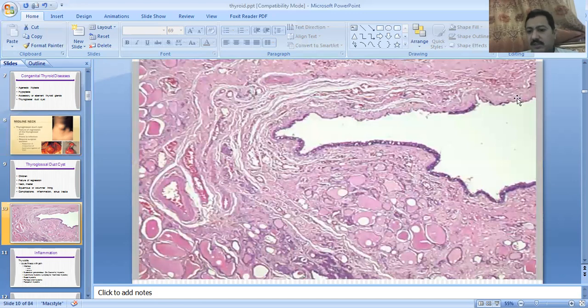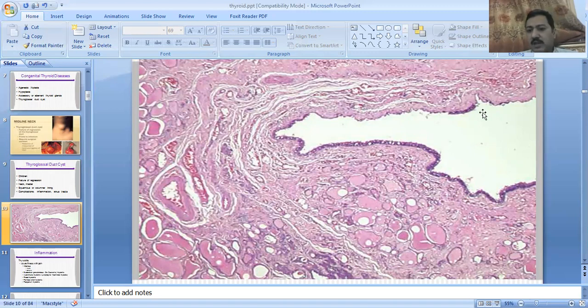This is the cystic structure, and this one is its lining epithelium. The lining epithelium is cuboidal, and the underlying stroma is composed of thyroid follicles, which are filled with fluid material. This is the thyroglossal duct cyst morphology, and you can see its histology in this picture. These are also follicles which are filled with colloid. This one is a blood vessel, and this one is a vein, and the blood vessels are occupied by RBCs. So this is the histology of the cyst.